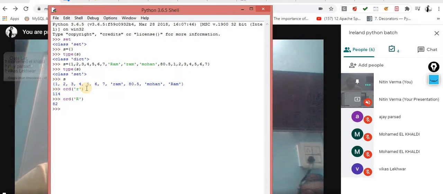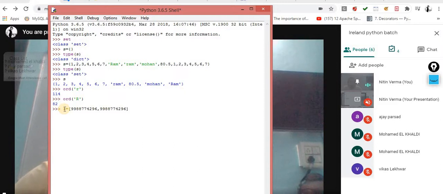This is the concept that duplicates are automatically removed from the set. It is a feature inside the set. You don't need to write code for this kind of thing; it happens automatically. Now let's suppose your problem statement is this one. Why do we use set? Now it's a real-time case. I am taking some random numbers, 9988 77 4296. Now you are collecting data with different mobile numbers.